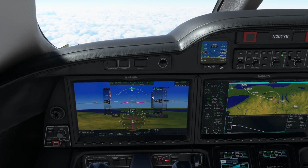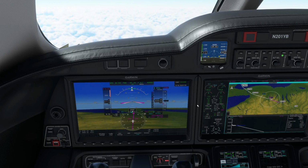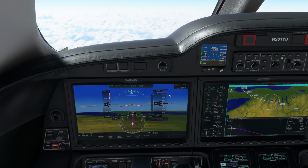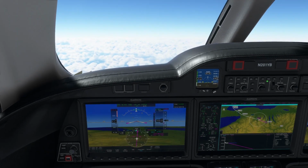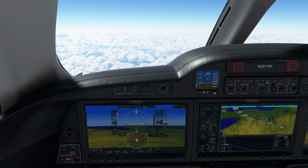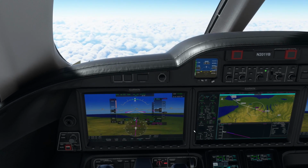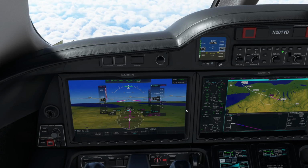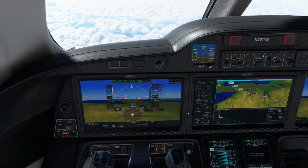Alright, so this triangle is going to come down, and once it hits the middle more or less, V path will show up in green. It should be happening in just a matter of seconds. V path. Okay. Down we go. And the plane is going to, in a moment, drop the power in order to maintain a